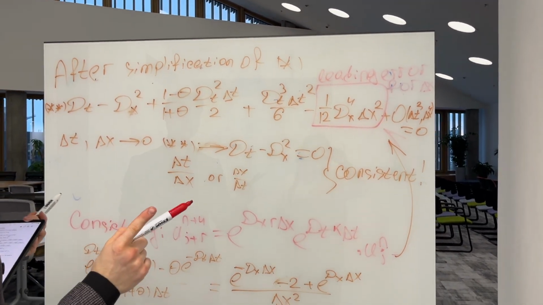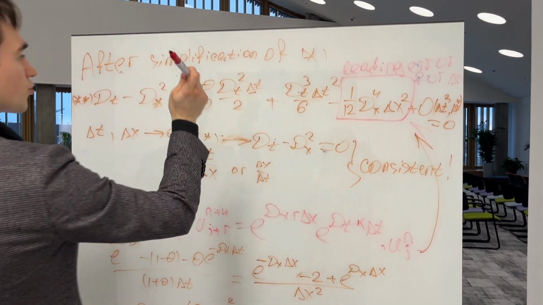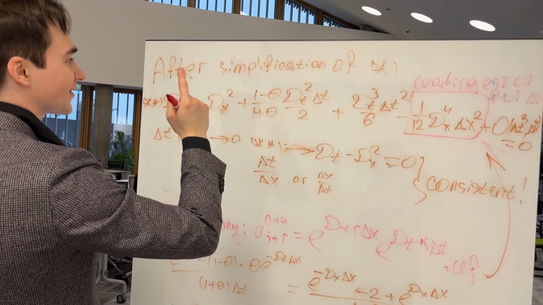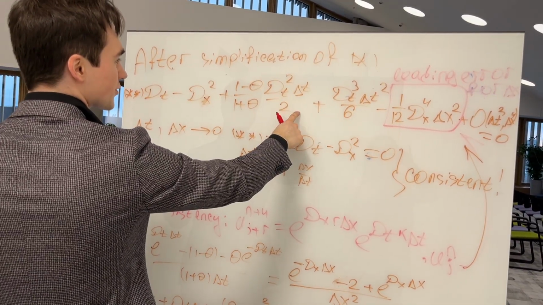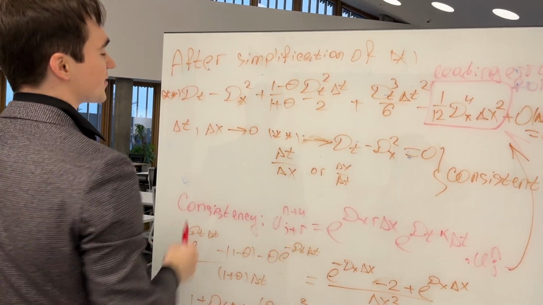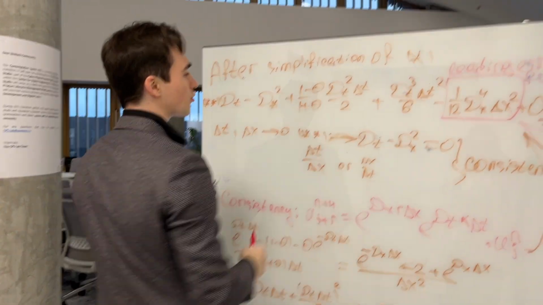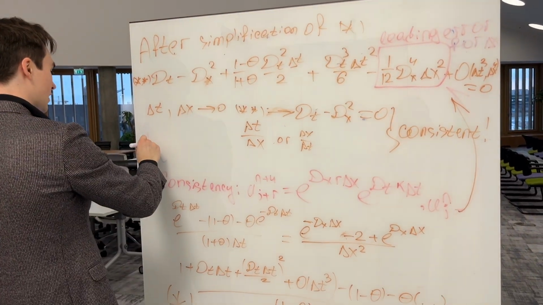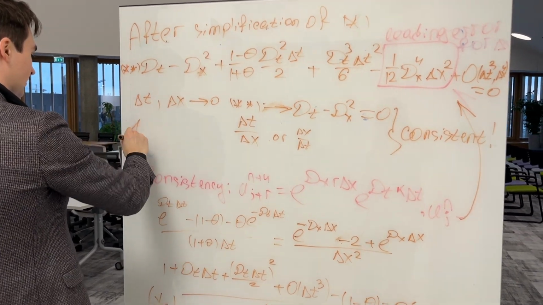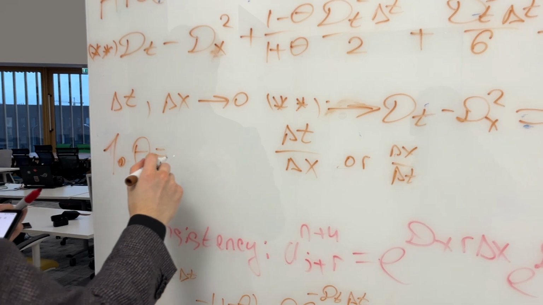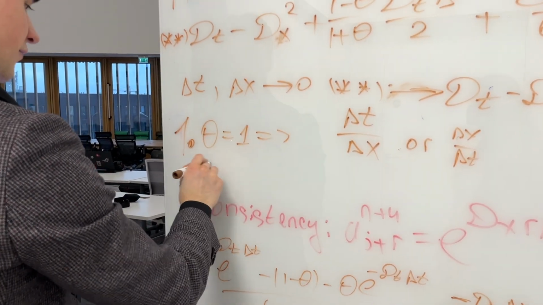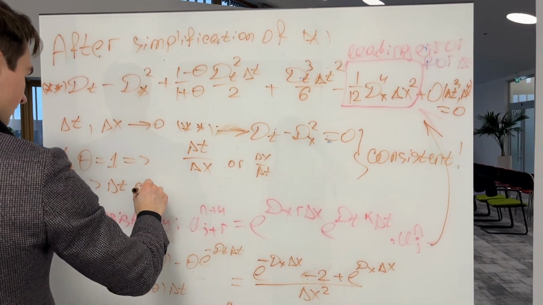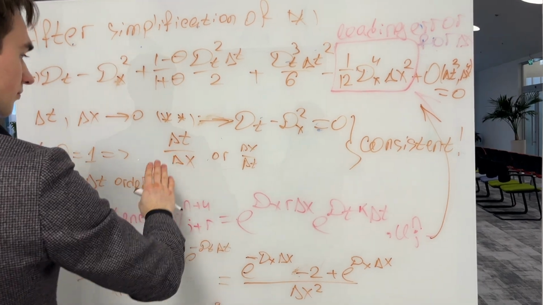But for delta t, we have two choices: either choose the first order or second order. And usually we go with the first order, but in case when theta is equal to 1, this term goes to 0, so we have second order. So there are two cases. One, theta equal to 1, and from here it will be delta t squared order. And second case,